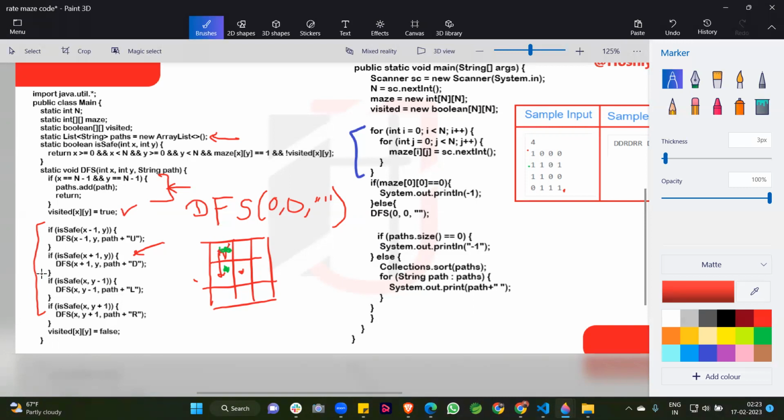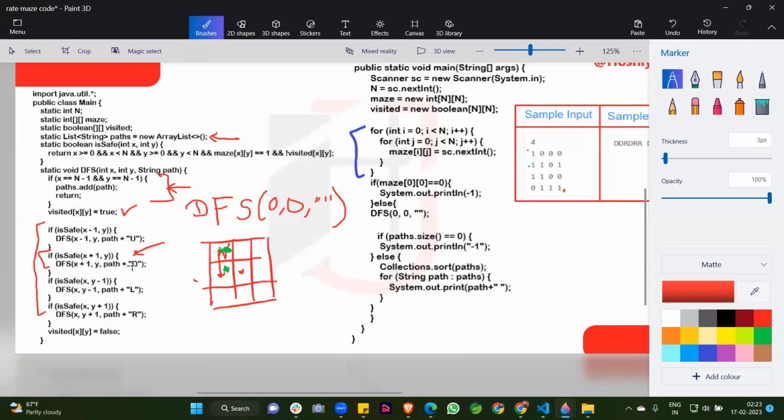What is the meaning of this if condition? It means we can go downward. That's why I am adding d to this path.